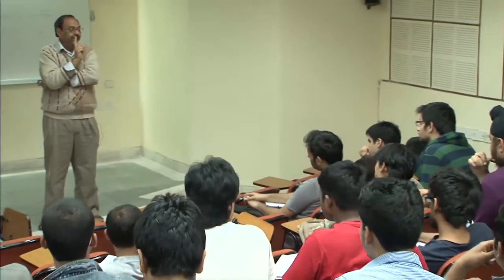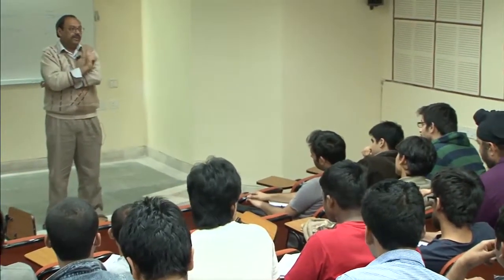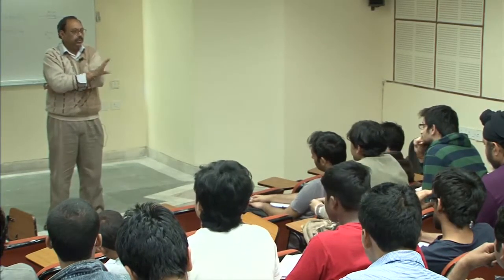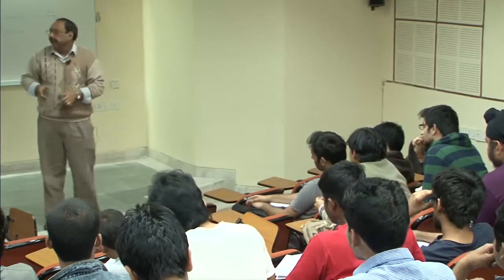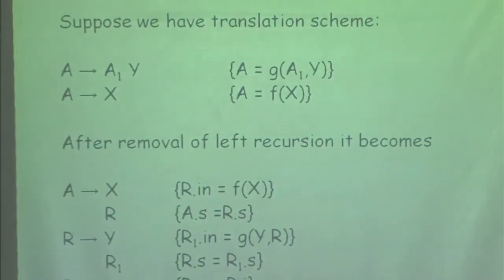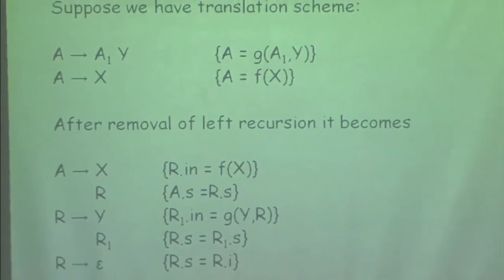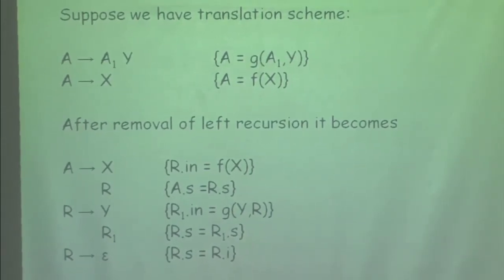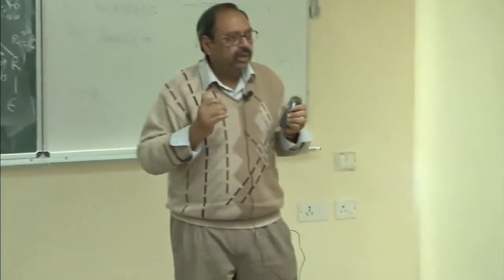No, no, careful. Removing left recursion does not give us L attributed definitions. Removing left recursion is a precondition for using a top down parser. What we are saying here is that synthesized attributes can be converted into L attributed definitions in this manner, where we say that since I am constructing the tree in a traversal manner, the left hand side of the parse tree will be computed first before I compute the right hand side of the parse tree. I just use that logic and say that anything to be computed on the right hand side must be a function of either the parent or the left hand side. But these two things go concurrently.